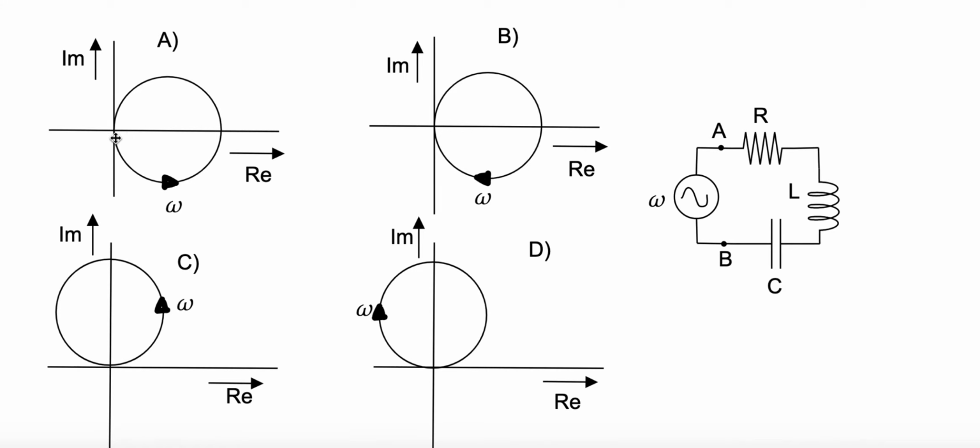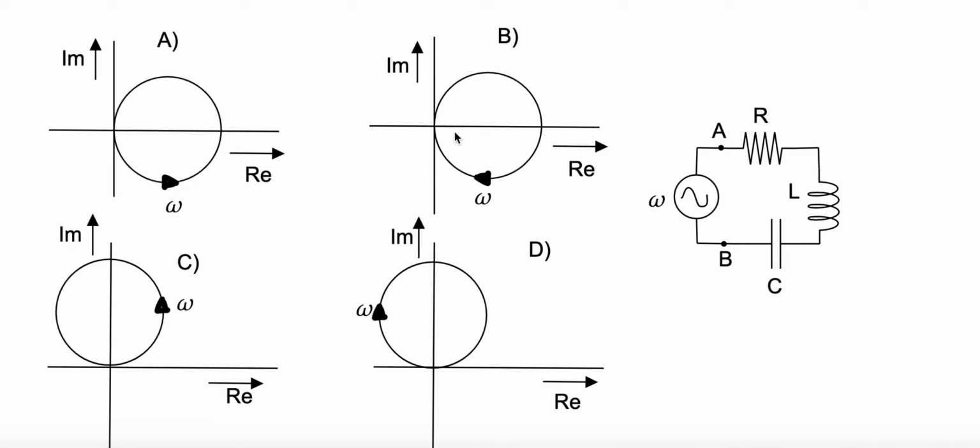Omega is 0 and omega is infinite, both times the admittance is 0. So A satisfies the first condition. What about the second condition? Before the resonating frequency, the imaginary part is negative in A, but that is not so. After the resonating frequency, the imaginary part is positive. Again, it is not satisfying our second constraint. See, this is how omega is changing, 0 towards infinity; that is what the arrow indicates.